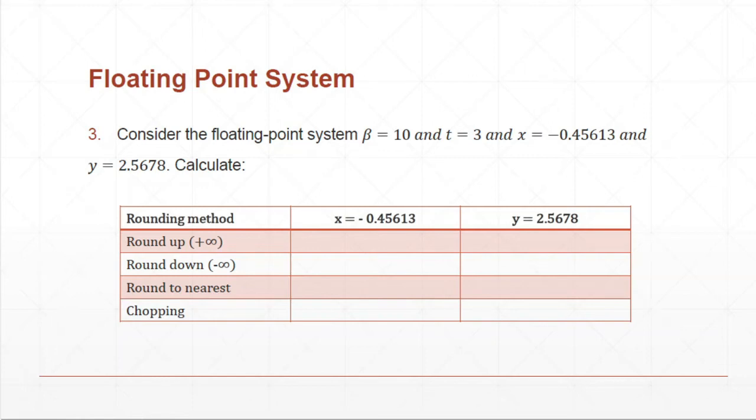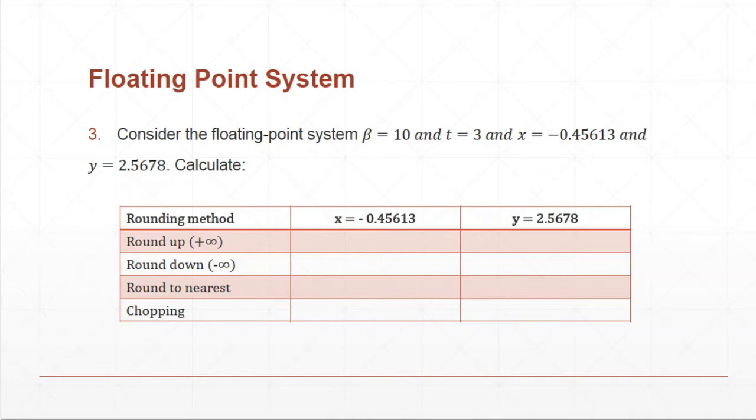In this section, we are going to work on a third example of floating point system. Here we have the base 10 and the Mantissa length as 3, and we're given two numbers x and y, and we have to use different rounding methods to round them. So we have round up, that is round to the positive infinity, round down, that is rounding to the negative infinity,